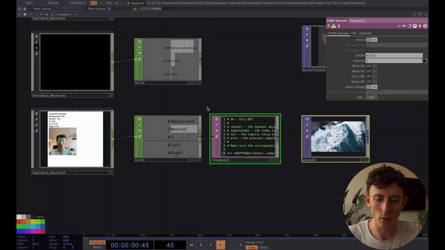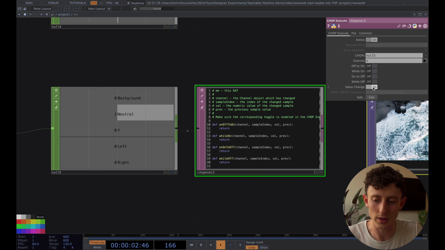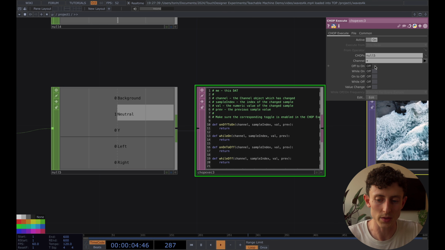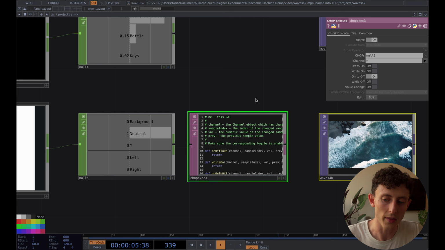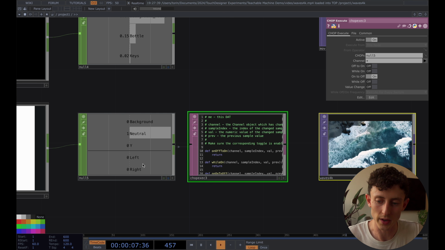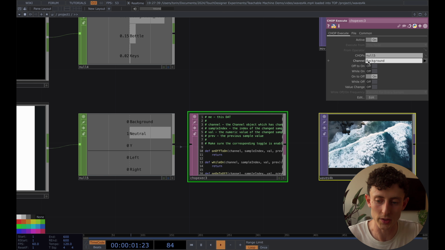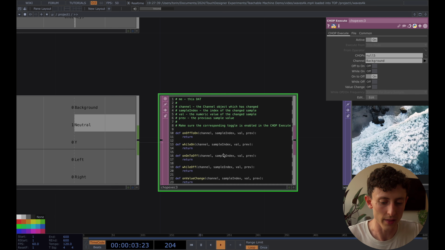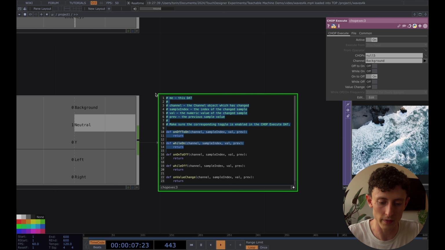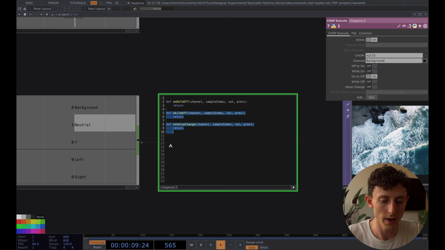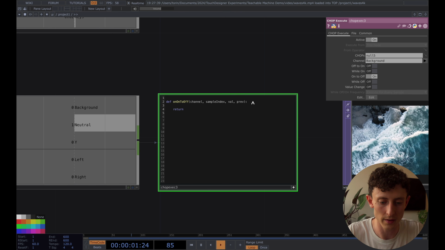And instead of using the on value change, we can turn this off. We'll use the from on to off recognizer. The other thing that we can do is specify which channels we want to listen to. In this case, we only want to listen to the background channel. And now this little function right here, from on to off, I can delete the other helper functions actually, so it's a little clearer. What I'm going to do is print